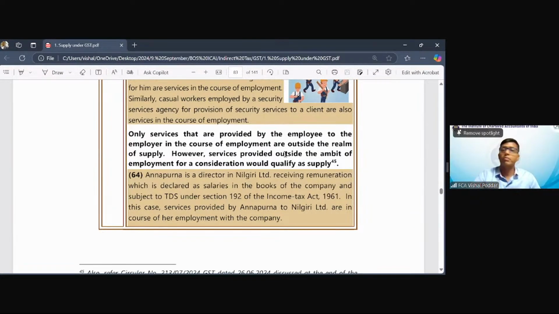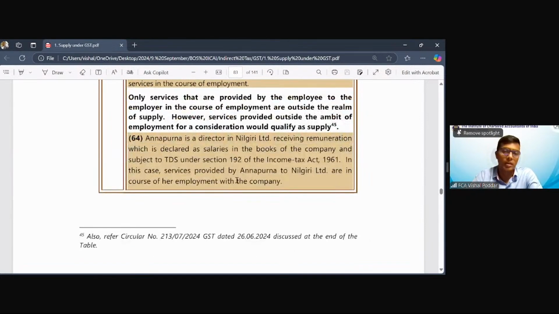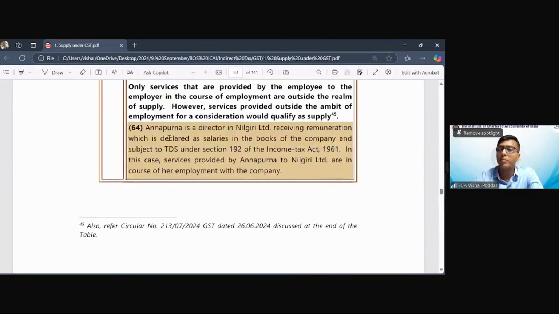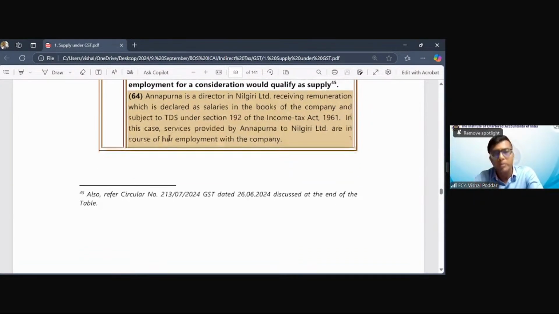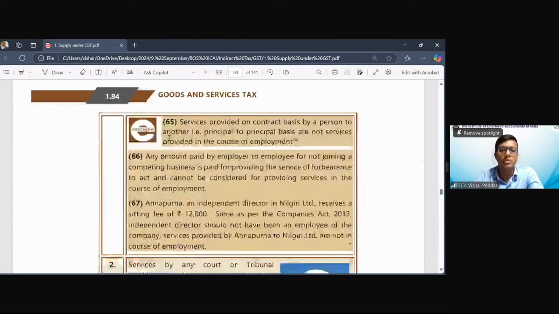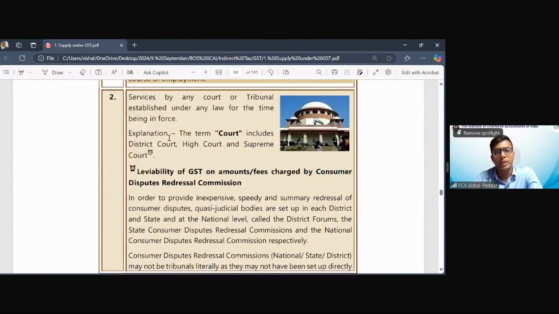Here the service which I am giving to the company is given to them as a consultant. So this is what is clarified, where the services provided by me are outside the ambit of employment. So here we are in a professional agreement and not in an employer-employee agreement. It will not be Schedule 3. It means it will be a supply. So that is clarified. Second,